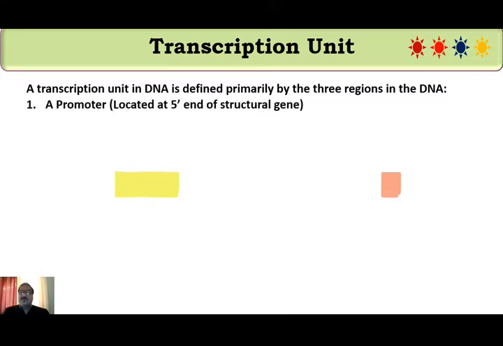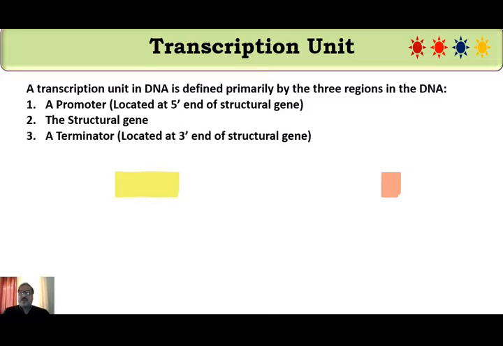The first is a promoter. It is located at the 5' end of the structural gene. Second is a structural gene, that is the gene which is going to be transcribed on mRNA to synthesize the protein. And then we have a terminator, that is to stop the synthesis of mRNA,